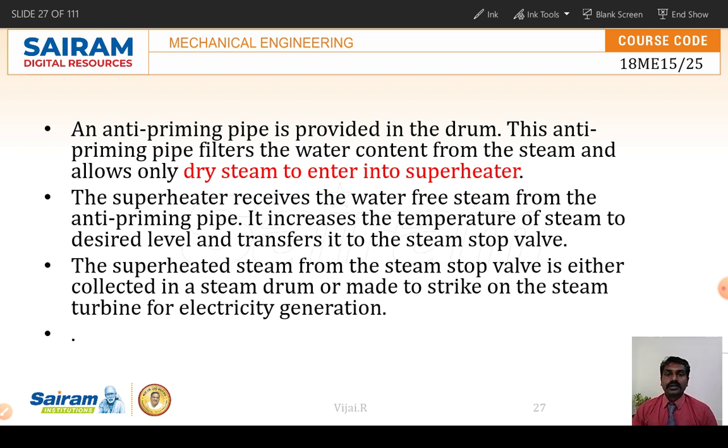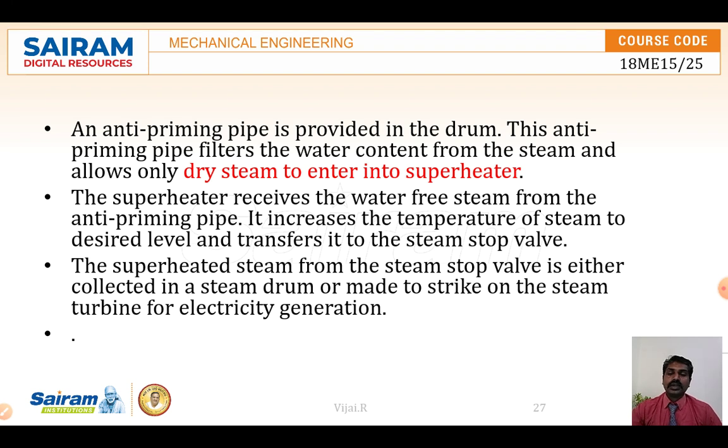In the steam itself, we are heating it so much, the water particles in the steam should be avoided. So the wet steam is further heated up and becomes dry steam, and the dry steam we again send to the superheater, where it gets to the superheated stage, where it is totally a gaseous stage of steam. So it will be sent to the turbine, so that the turbine is used for the rotation and